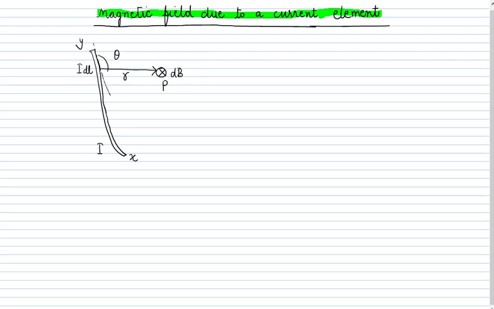So this length element we are calling an infinitesimal length element. What is the meaning of infinitesimal? That it is very small. So within this current carrying conductor, we are taking a very small length element, and this small length element we are calling dl. Due to this small length element, we want to calculate the magnetic field at a